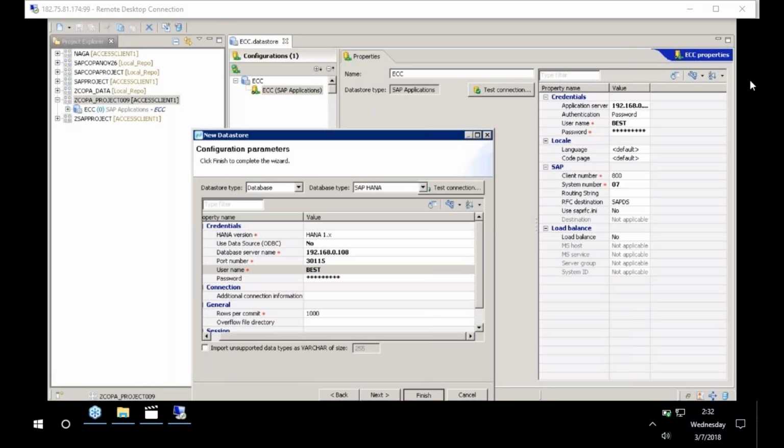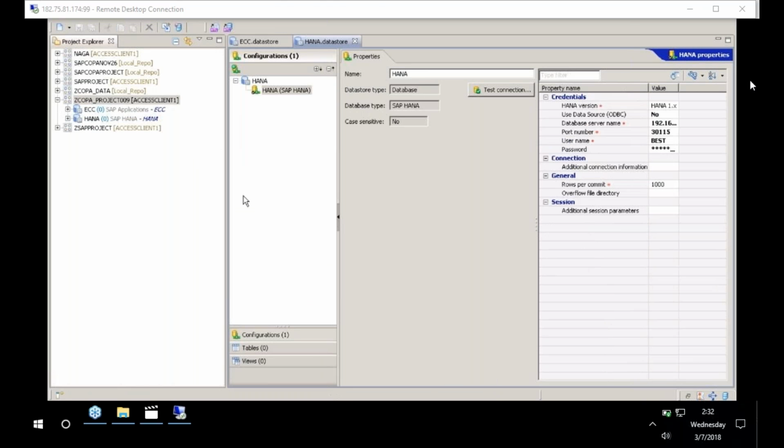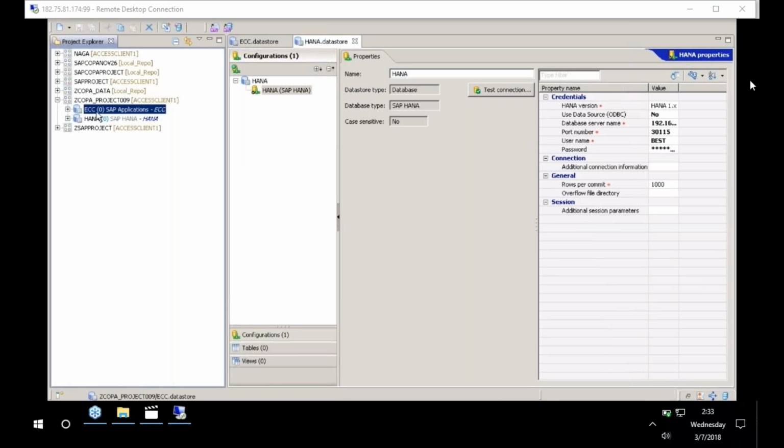So until now what I have done, participants, is I connected to one source called ECC and we connected to a target called SAP HANA. So here we have a source and here we have a target. Now, the connection is successfully established between source